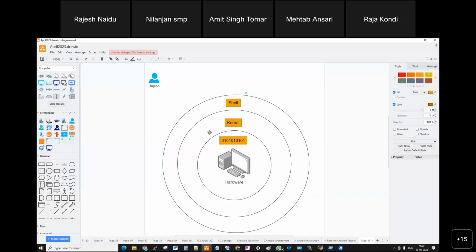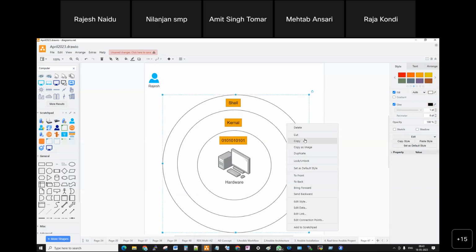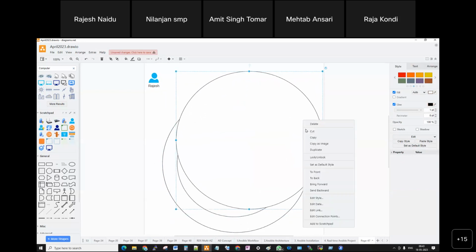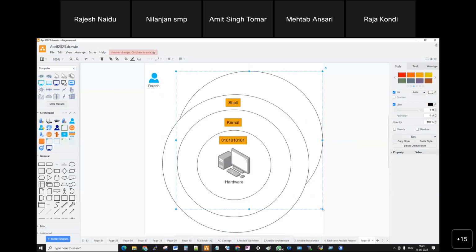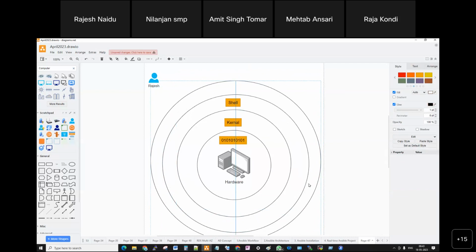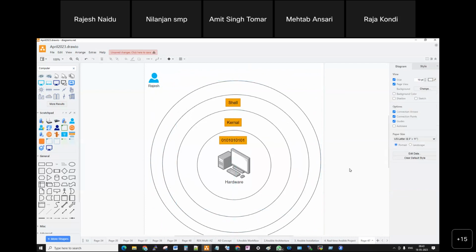But the shell, we cannot directly manage. So for that reason, one more outermost layer will get created. The layer we call as, any idea? UI, user interface.